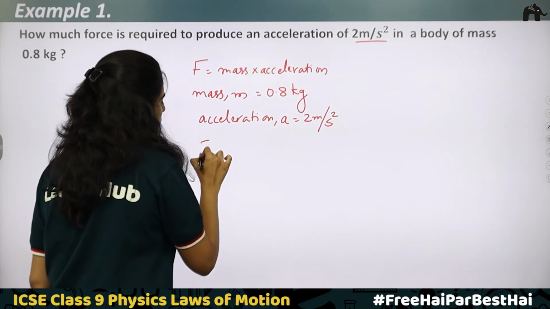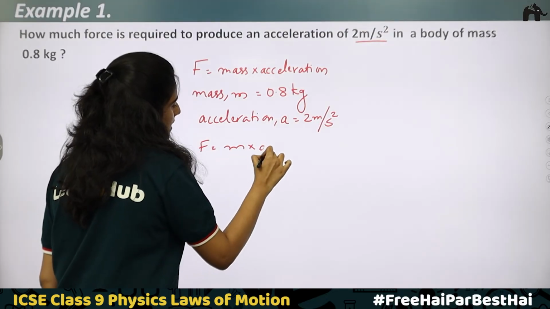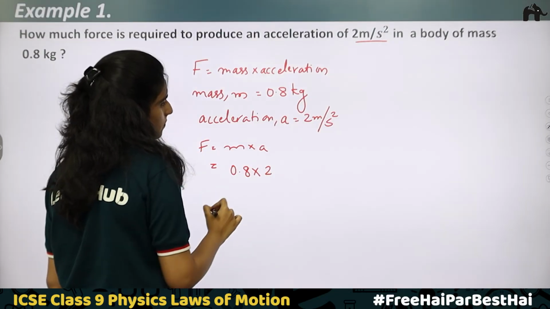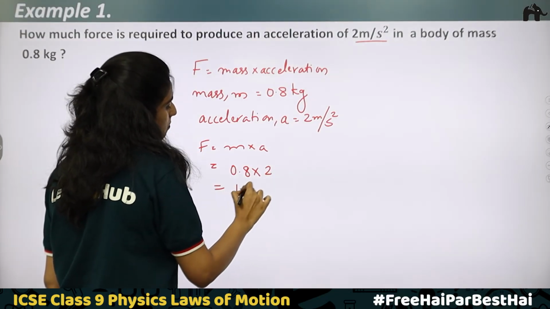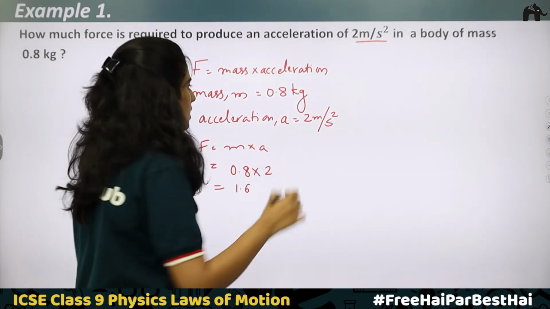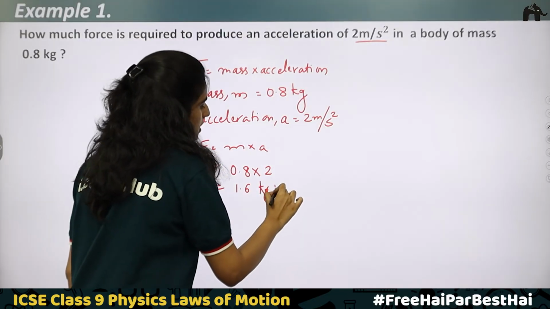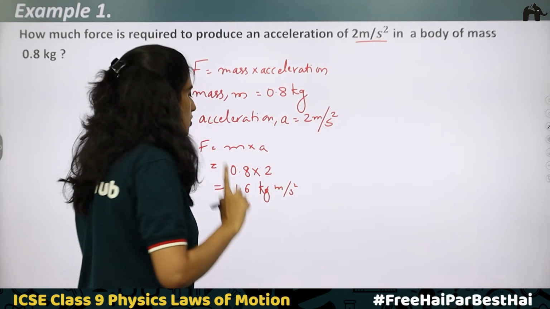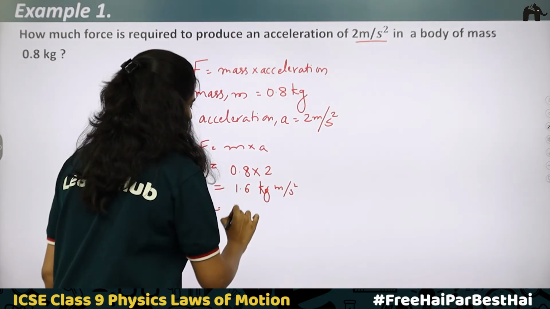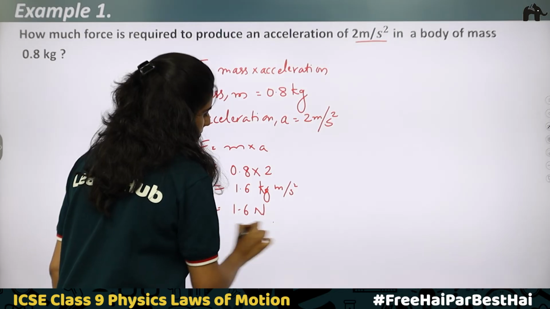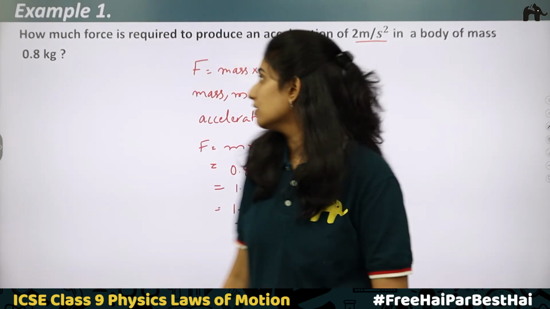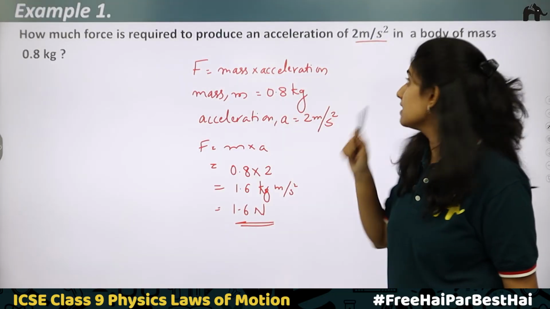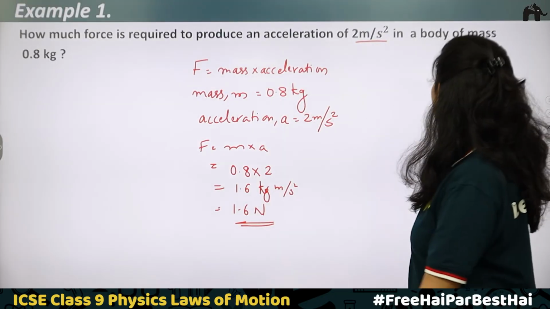Now how to find force? Force is equal to mass into acceleration, which is equal to 0.8 into 2. Okay, that is 1.6. What is the unit? Here kilogram meter per second square. We know the unit of force. What is the unit of force? Unit of force is Newton. So this is equal to 1.6 Newton. Okay, so 1.6 Newton force is required to produce an acceleration of 2 meter per second square in a body of